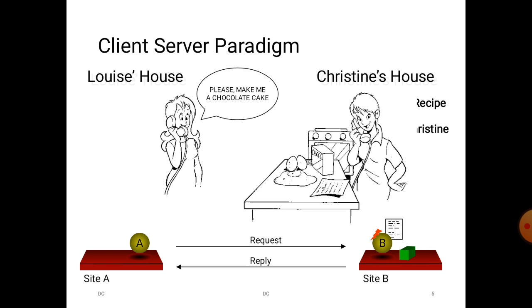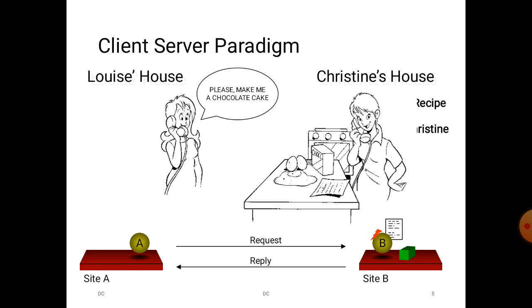So what here Lousy gives, Lousy just sends a request. We know what is a client server model. In client server model, the client will just send a request. Every process is all taken care by the server, and it gives a response. Same thing happens over here. So now Lousy is just making a call and she's asking for a chocolate cake. What is Christine's response?